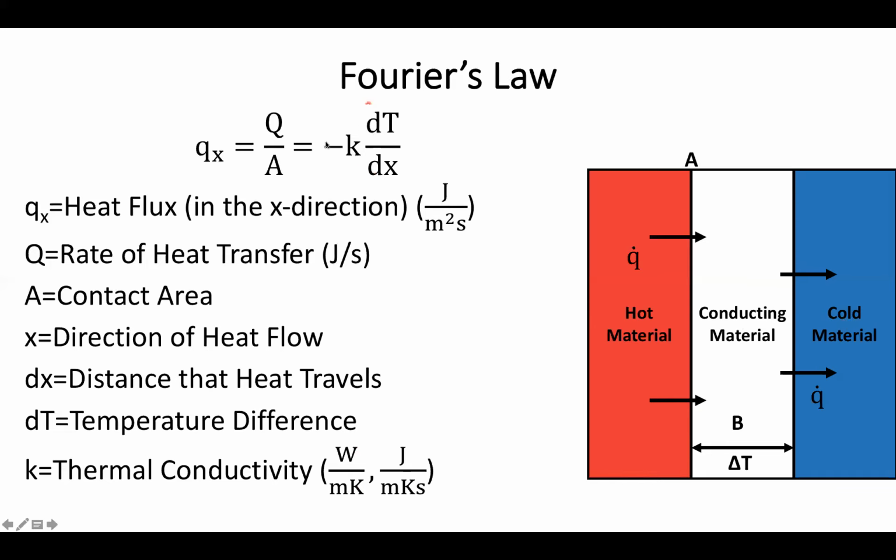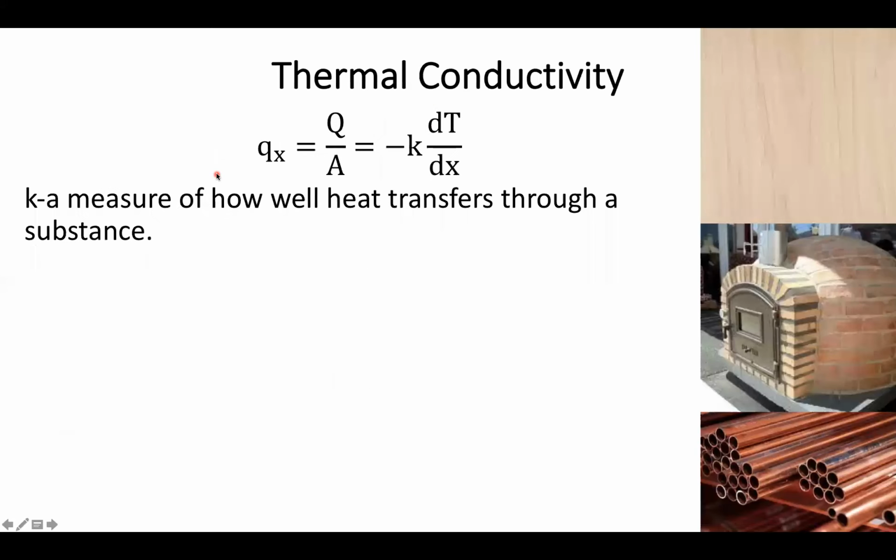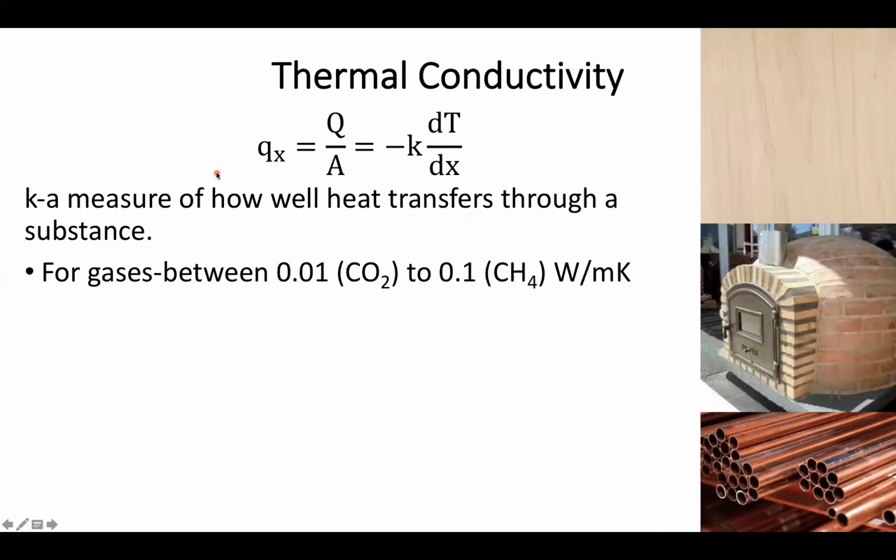So this is going to be the real big thing that's going to control heat transfer. Again, our thermal conductivity is a measure of how well heat transfers through a substance. To give you some ballpark ideas of what these values can typically be, for gases, these are going to be fairly low. For something non-reactive like CO2, closer to 0.01, up to about, say, 0.1 for methane. They may get a little bit higher, but traditionally most gases have fairly low Ks,